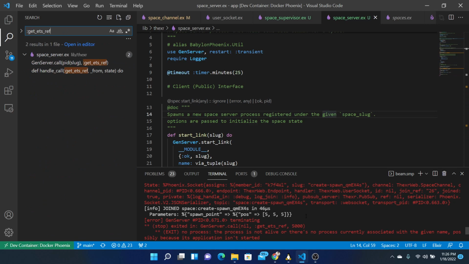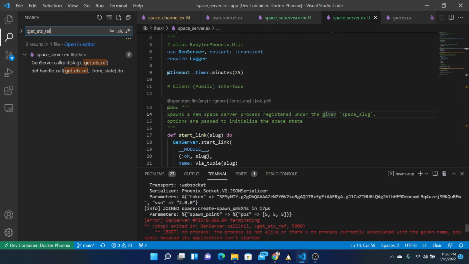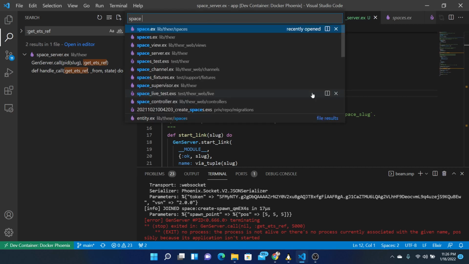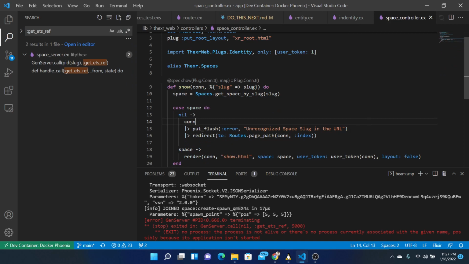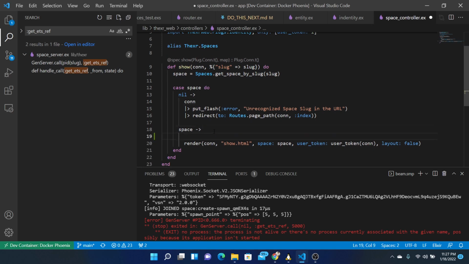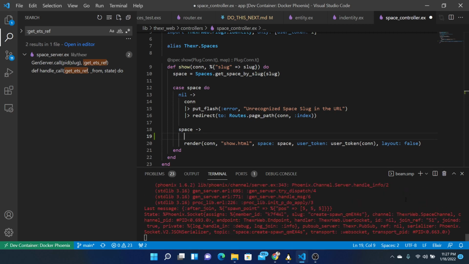No process is not alive, or there's no... Okay. Yes, there's no process that's live because we have to start it in the controller, space controller. So if there is a space, then try to start the server, which what happens if we do